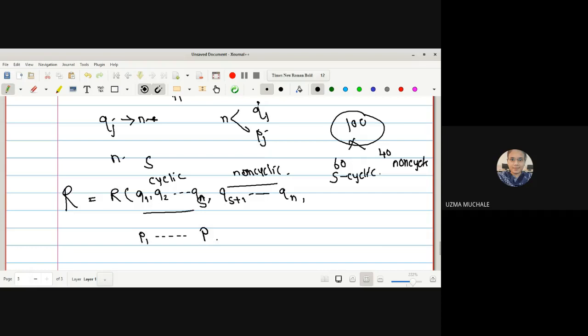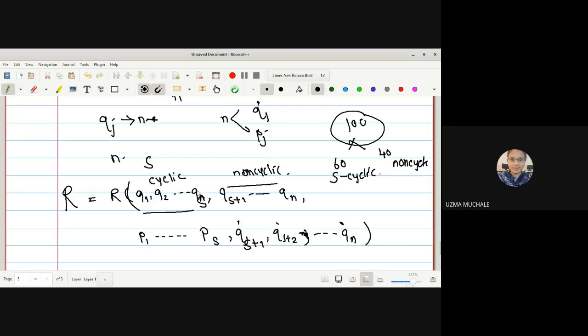So we can write p1, p2 up to so on ps corresponding to the cyclic coordinates. There will be generalized momentum. Why is this so? Because if there is a cyclic coordinate, the generalized momentum is constant. So we have to deal with n minus S coordinates. And corresponding to non-cyclic coordinates, we will have qs plus 1 dot, qs plus 2 dot, and so on, qn dot. Are you getting how the Routhian is constructed?